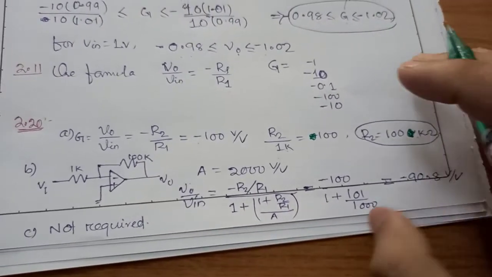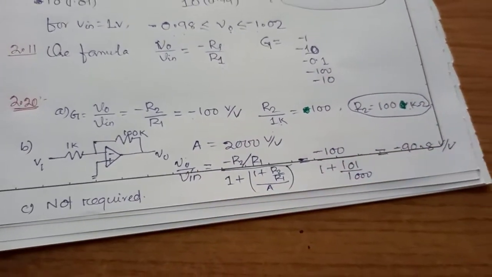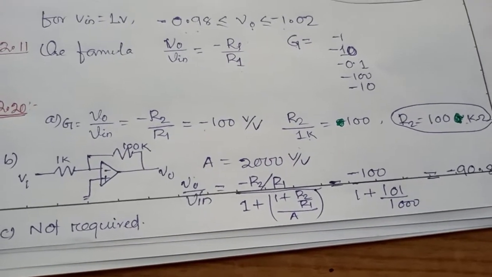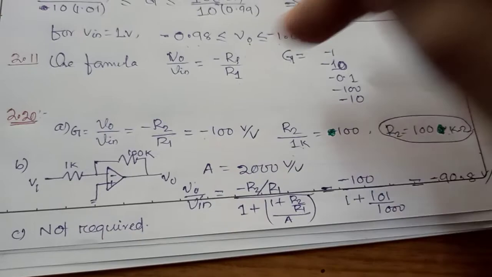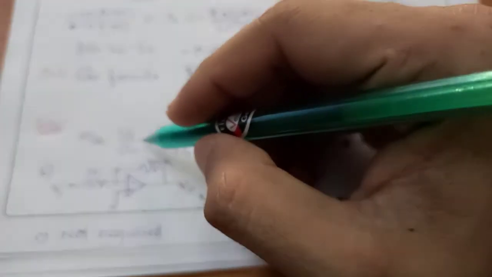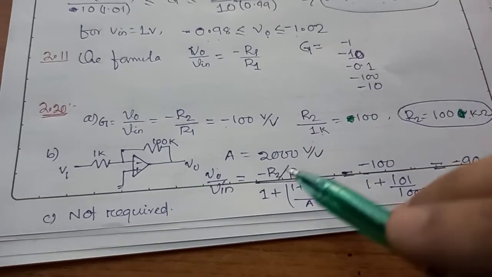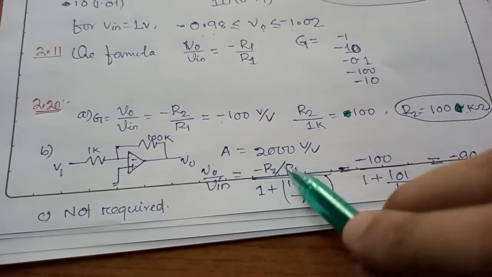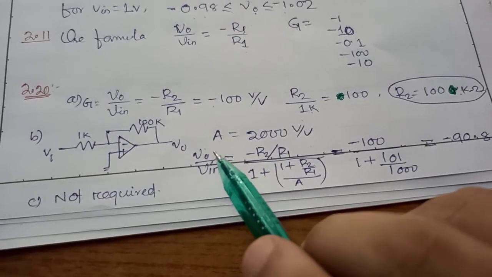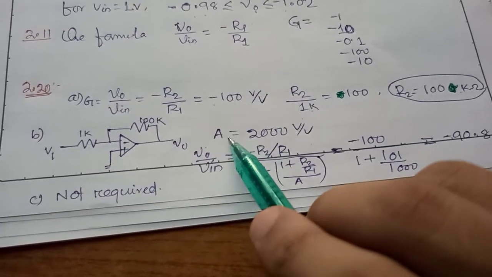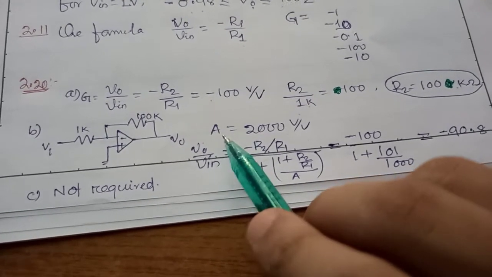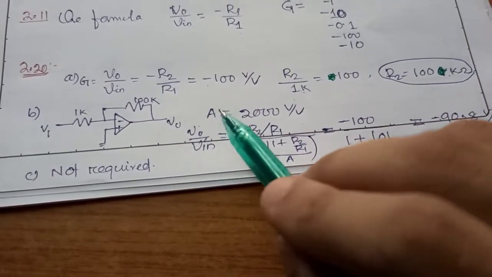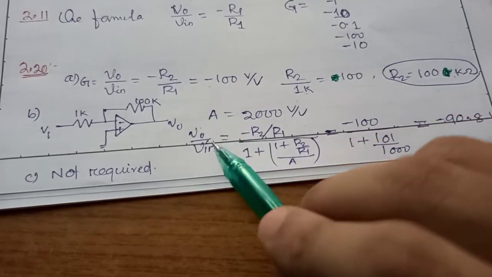Okay. And in the second part it is asked, if an op-amp is known to have an open loop gain of 2000 volt per volt, what do we expect the closed loop gain to be? In the first part there was no influence of A in this question, but in the second part the open loop gain is given as 2000 volt per volt. We have to find the closed loop gain, and this is the gain for the inverting amplifier with the influence of open loop gain. We have also read in detail, for both non-inverting and inverting, what the effect of open loop gain on the closed loop gain is.